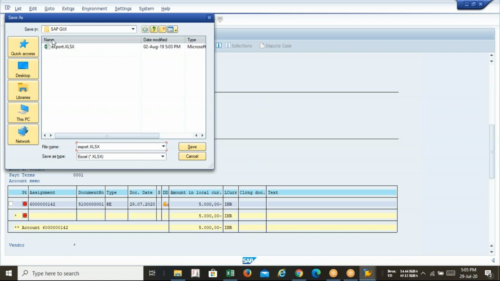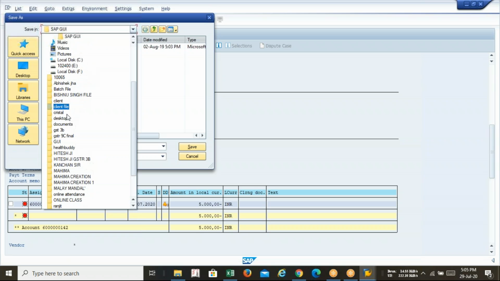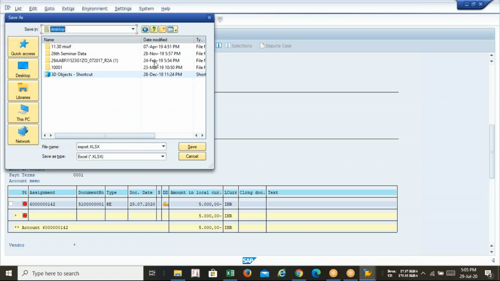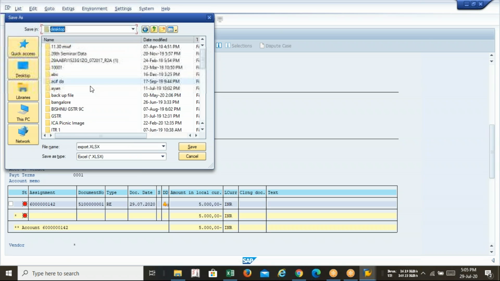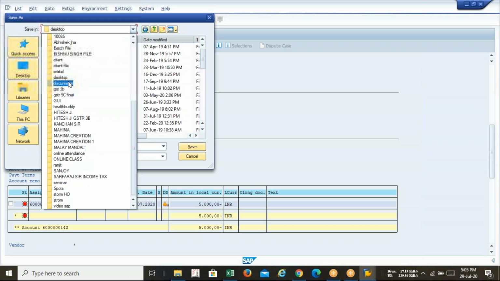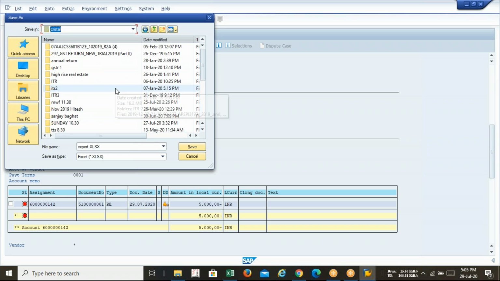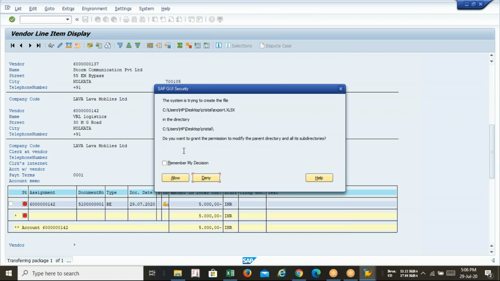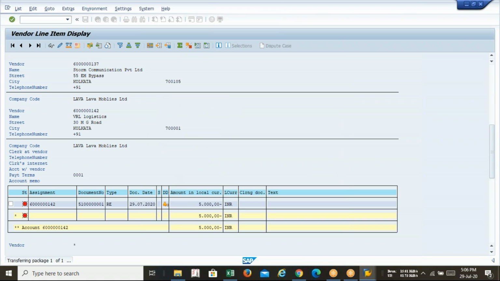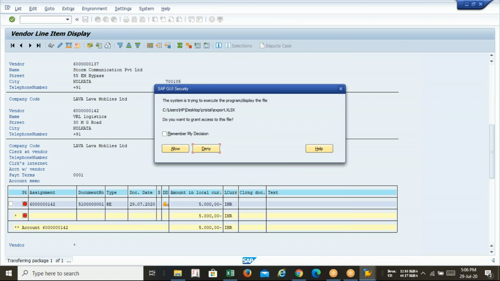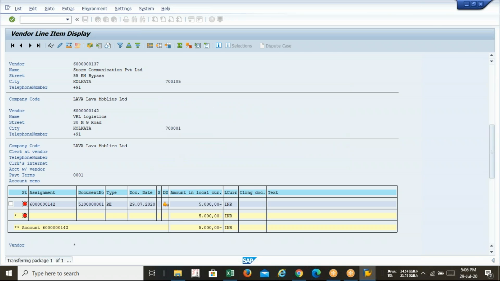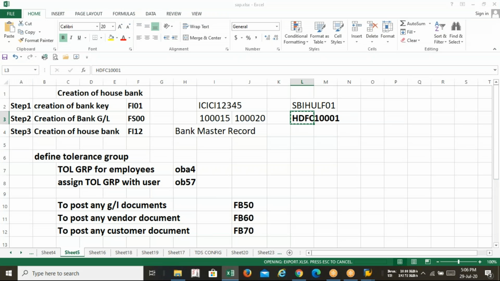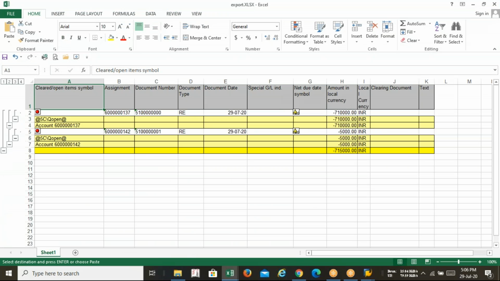Where it is getting saved, I can change to a different location also, not desktop, and save. Okay, allow. So you can see that.